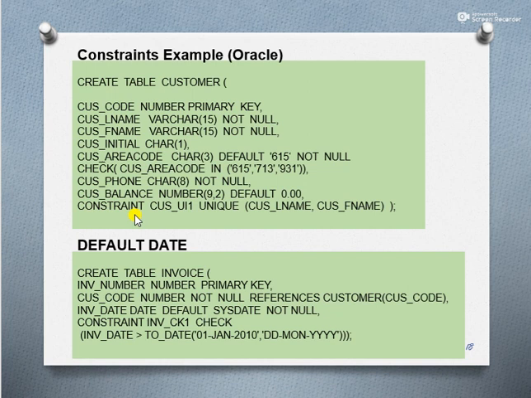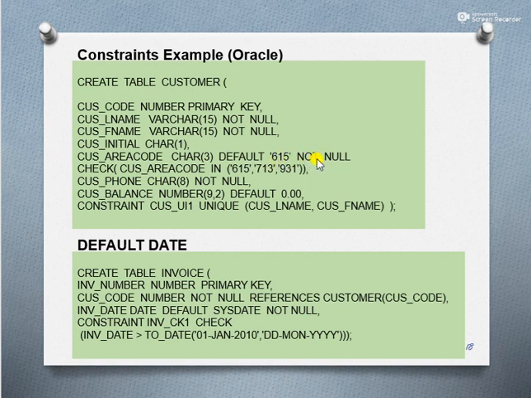And okay, now in this example we also use default and check constraints. If you see over here, the attribute customer area code has two column constraints, one is default, another one is check. The data type for this attribute is char 3. We want our customer area code to be 3 characters, and its default value is 615, not null.